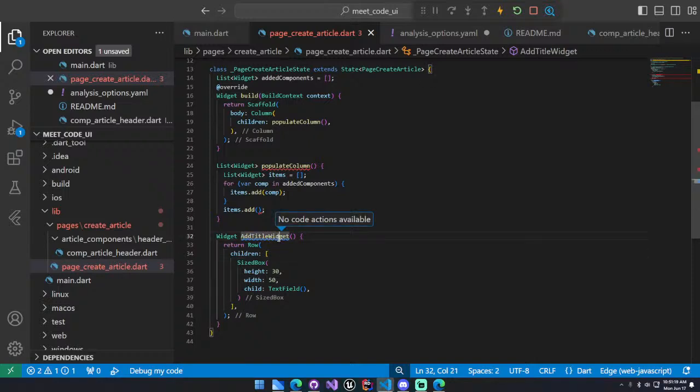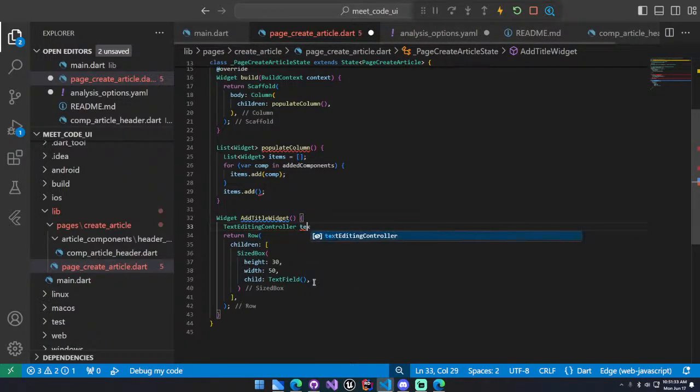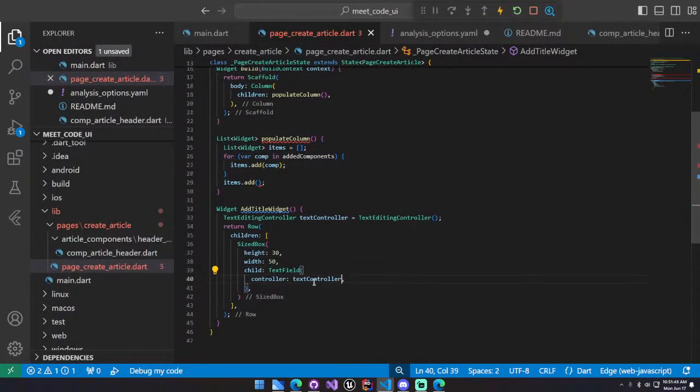Okay. So yeah, we are creating a text field, and here we're going to have some items. Let's have a text editing controller. Text controller is going to be new. We don't even need it. Okay, so this is going to be our controller. Controller is going to be text controller, and we don't need anything else, just our text field. This is where we're going to put our text, and whatever we put in this text is going to show up as a title. So we're going to call this,